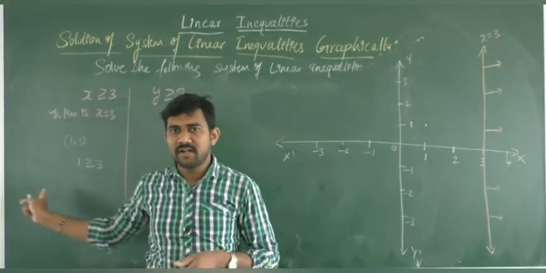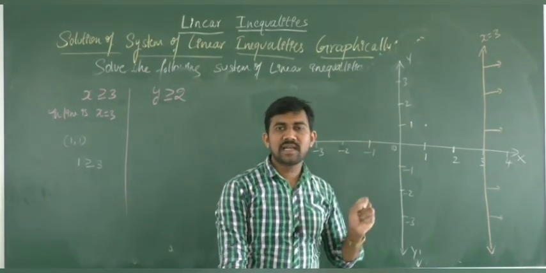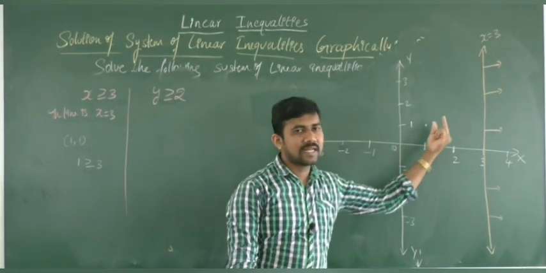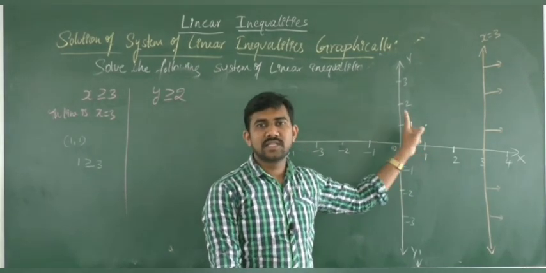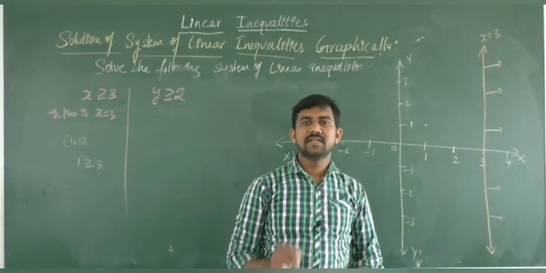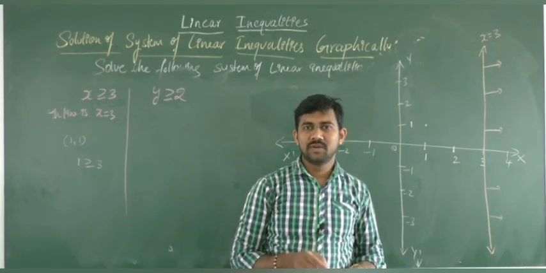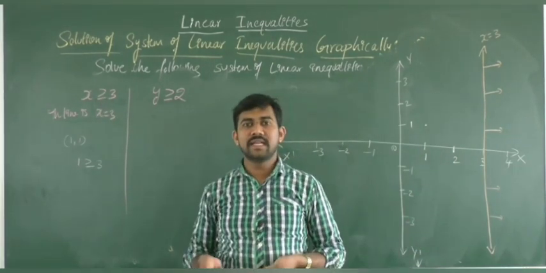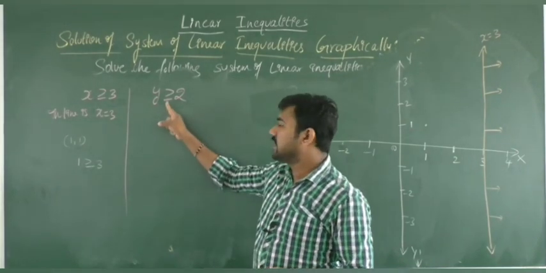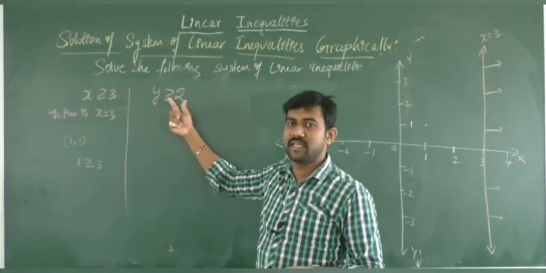So, which is false, means (1, 1) does not lie in the solution region. (1, 1) lies in the left half plane. So the left half plane is not a solution region. The solution region is the right half plane. So directly we can say by looking at the given inequation. Similarly here, you have y greater than or equal to c.